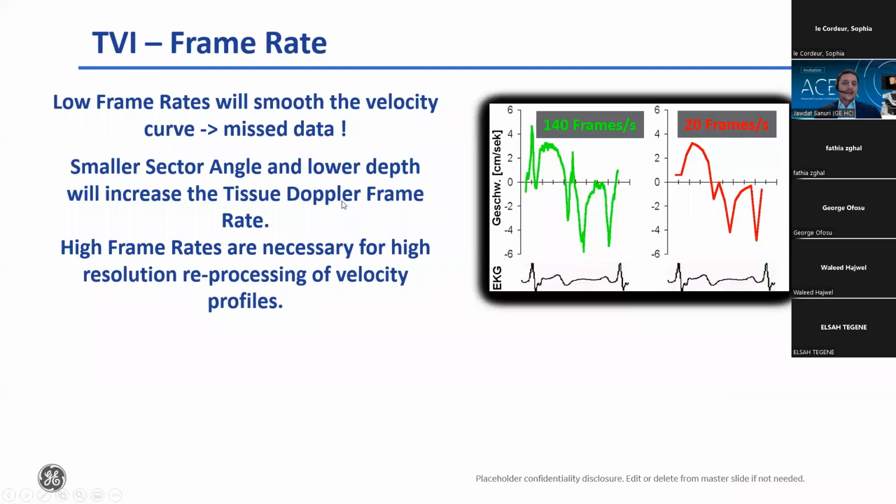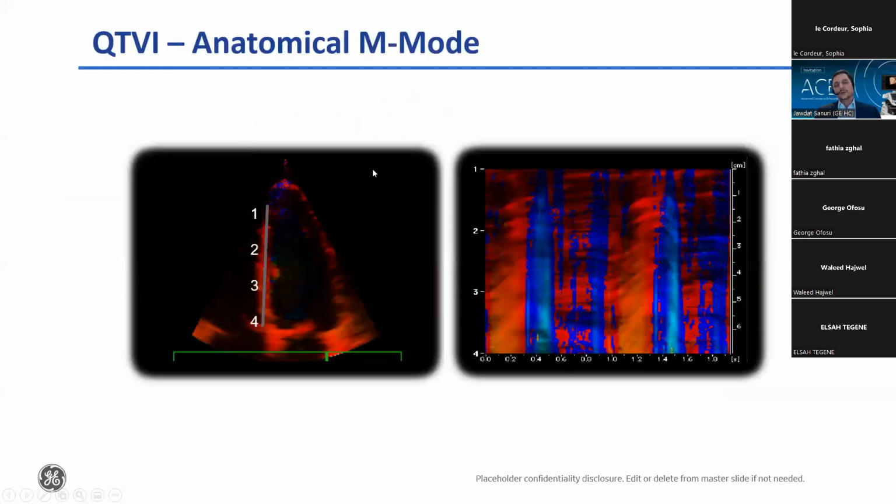What can we do with it afterwards? We can do either anatomical M mode or what we call curved anatomical M mode. Here is an example of anatomical M mode. You can see number 1 is the apical septal segment. Number 2 and 3 is the mid segment. Number 4 is the basal segment. And you can see the actual grayscale in the background, in addition to the red and blue. Brighter red means higher velocities, brighter or lighter blue also means higher velocities between systole and diastole. And you can see, of course, the basal segments always have the highest velocities because they do the most excursion